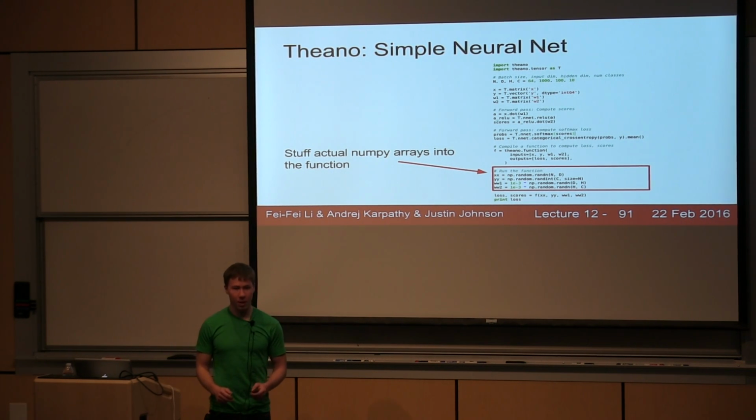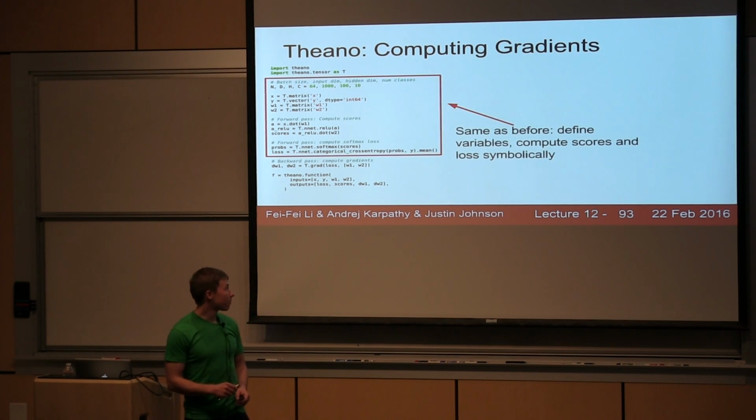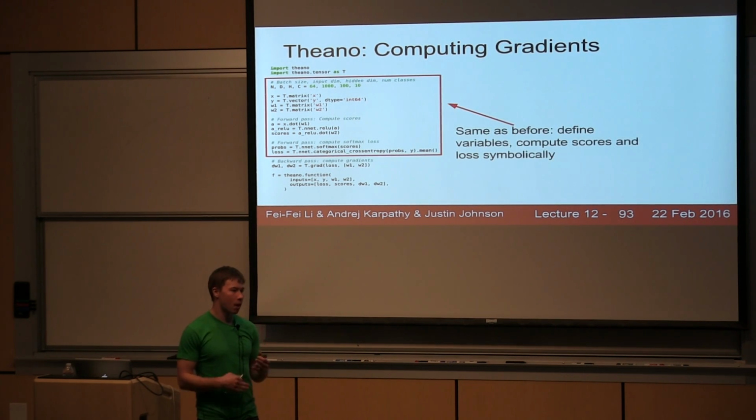So this is great, but this is only the forward pass. We actually need to be able to train this network and compute gradients. So here, we just need to add a couple lines of code to do that. This is the same as before. We're defining our symbolic variables for our inputs and our weights and so forth, and we're running the same forward pass as before to compute the loss